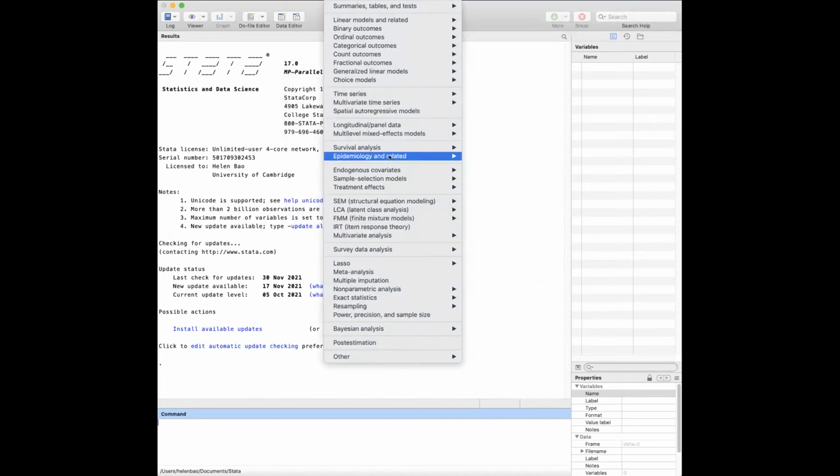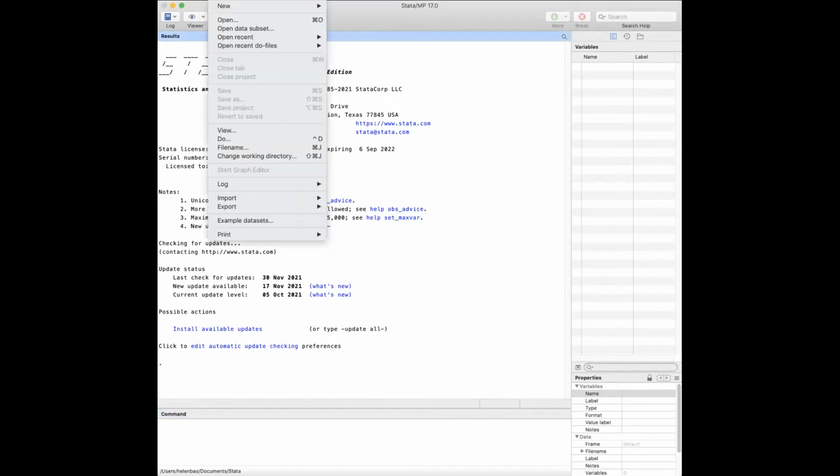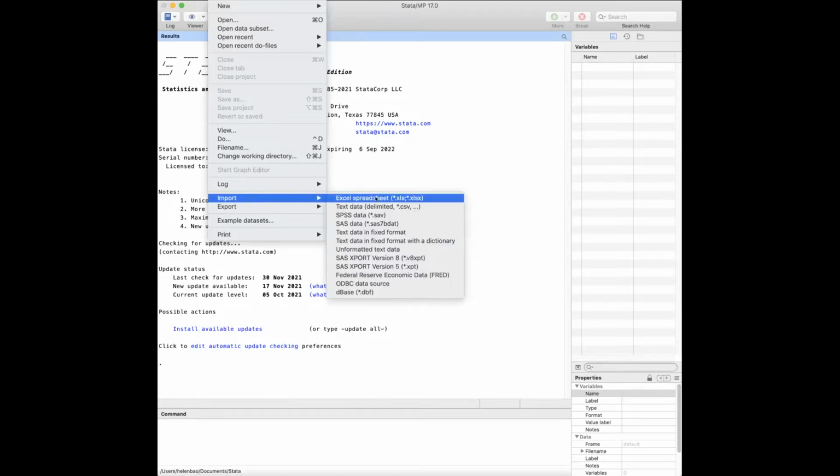For example, Stata does, simply because they are just not as user-friendly as SPSS. And that's not the best way to use Stata. So what I'm going to do first is show you how to open the data in Stata. And then I'm going to use the program and show you how to save your time. Okay, so to open the data, you need to click File and choose Import and Excel